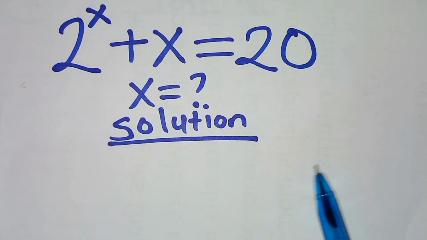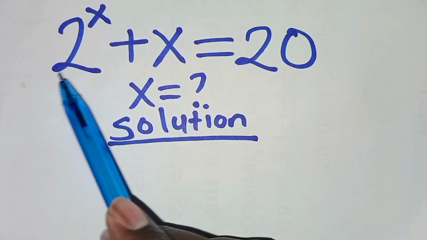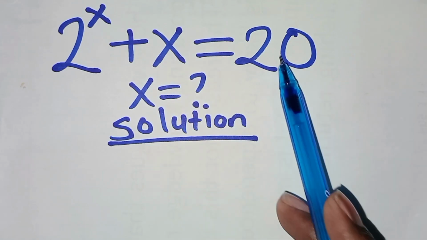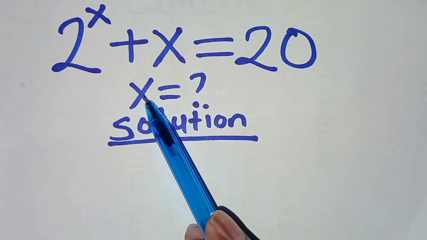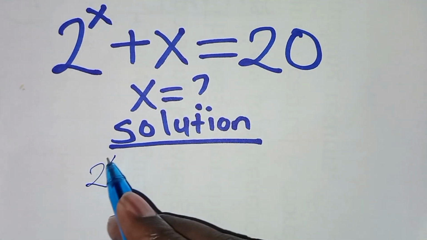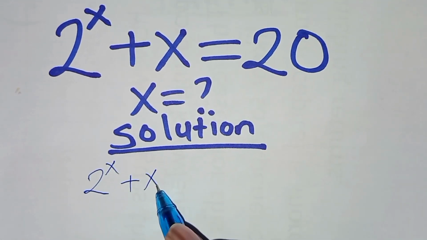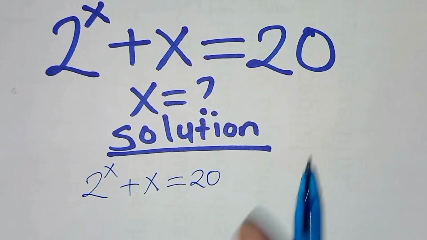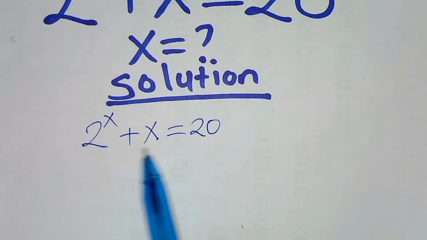Let's present a solution given this nice algebra problem, which is 2 to the power x plus x is equal to 20. What is the value of x? Now, solution here, we have 2 to the power x plus x. This is equal to 20. So the first thing to do here,